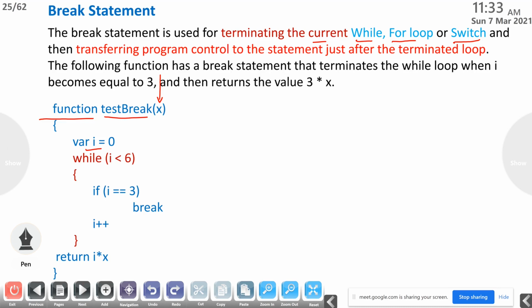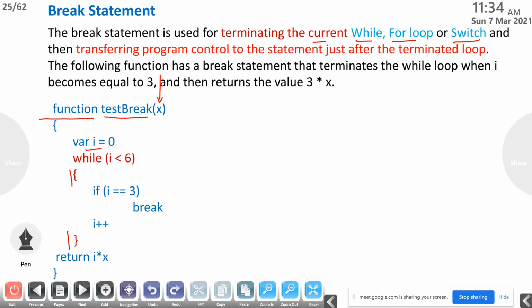Then while i less than 6, start the while loop. Then if i equals 3, break. If the value of i is not equal to 3, then the value of i will be incremented by 1, i++.